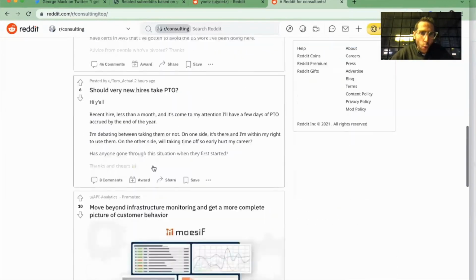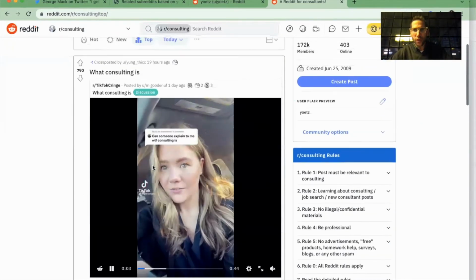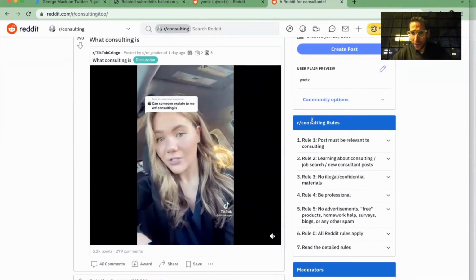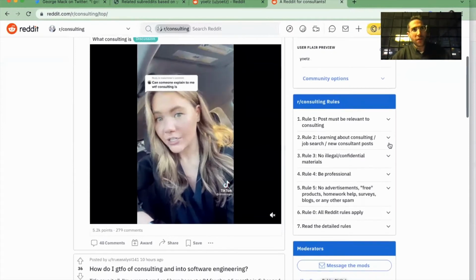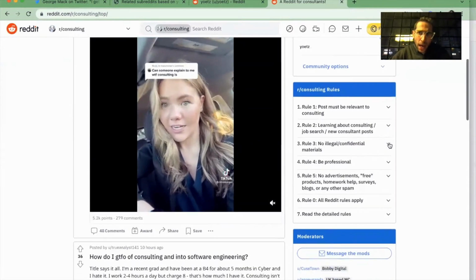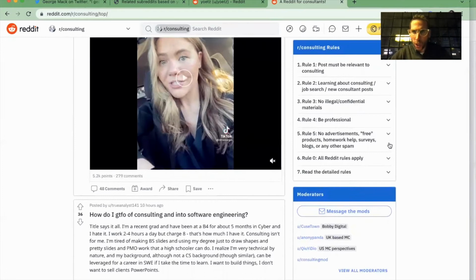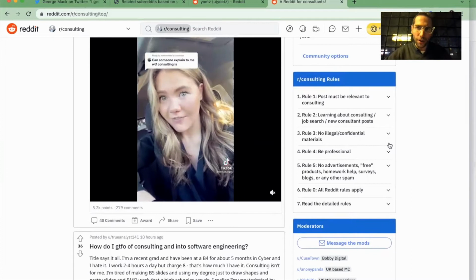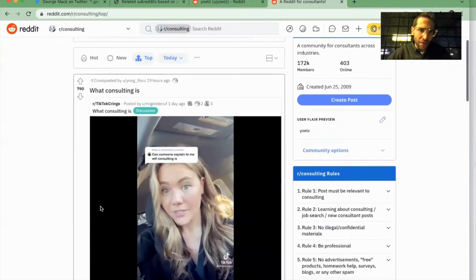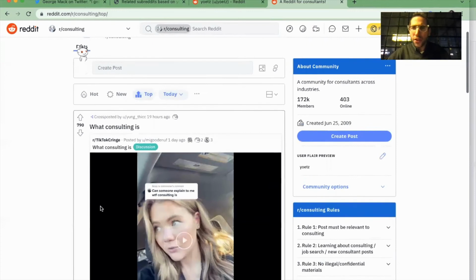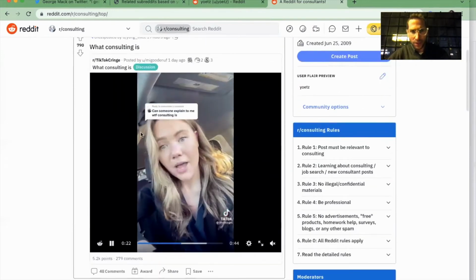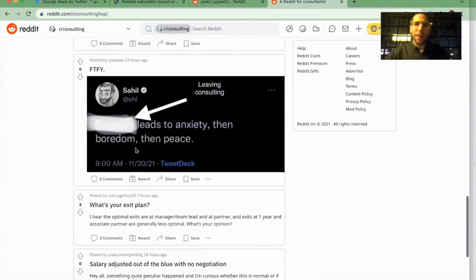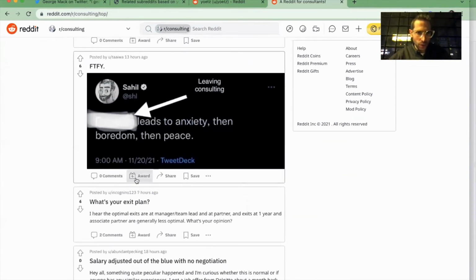But in order to find what works, first of all, you have to get to know each community. You can't just come and blast, right? And every community has its own rules. There's typically very strict anti-spamming and promotional guidelines. But then every group varies. Some groups are very stringent, some are less. Now, in the case of consulting, let's take a look here. There's a lot of jokes here about consulting. You can see some memes and videos and jokes about Excel, PowerPoint, things that consultants like to geek out on.